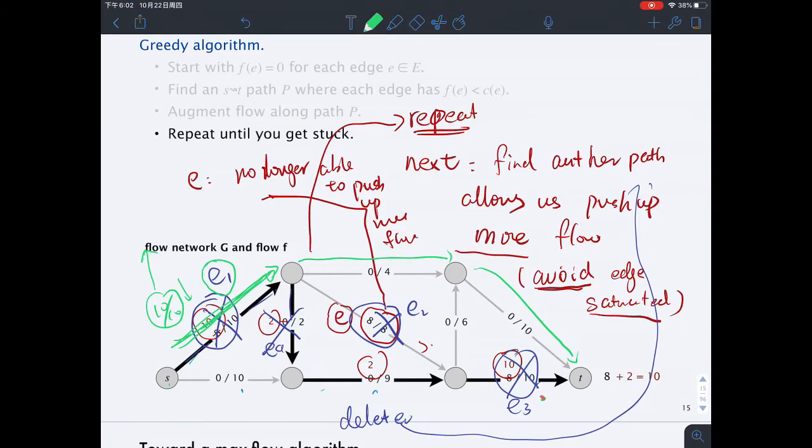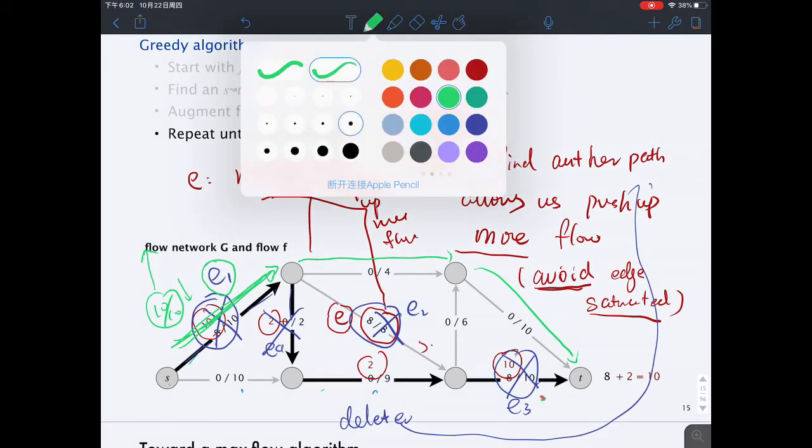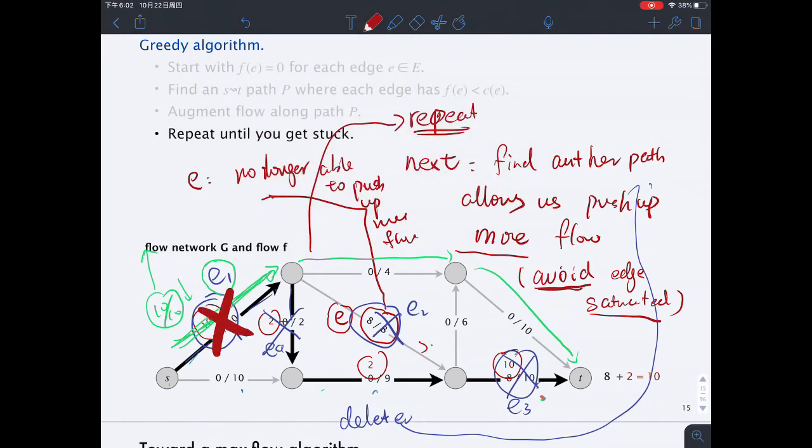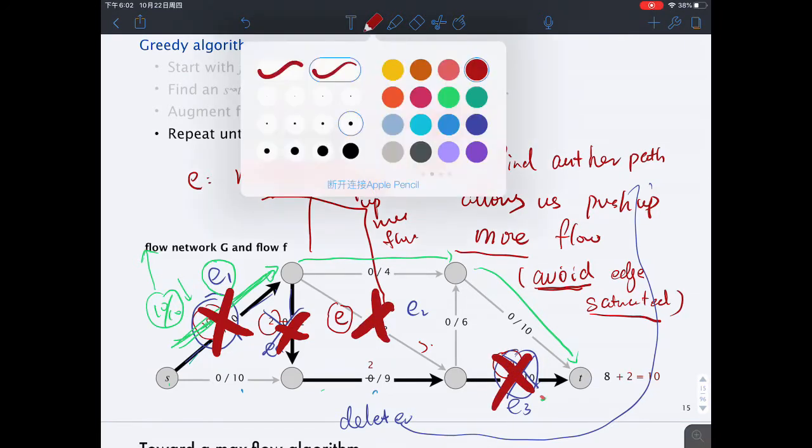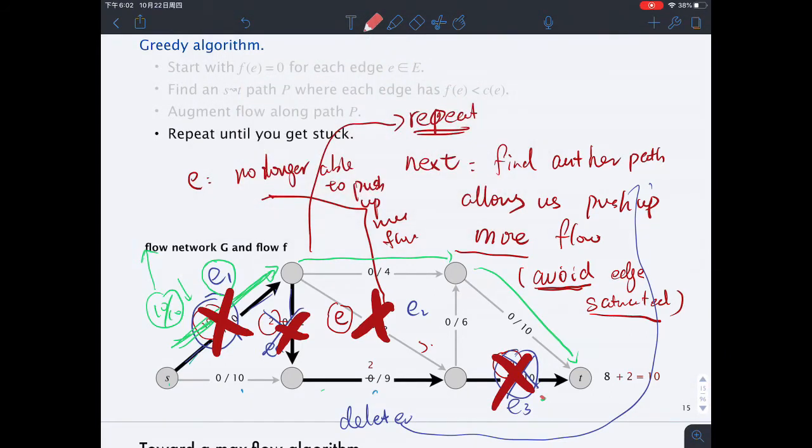So the central problem here is that if we don't delete those saturated edges, then there's a chance we are going to end up finding paths like the green one. But after we delete all these edges, so let me just write this down, make the whole thing bolder, after we delete all these edges over here,